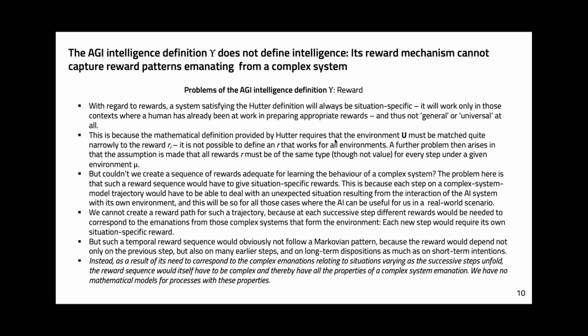Correct. Good. And the second question is related to the reward definition, in the sense that, at least to me, it seems that we define the rewards with something that is given. We define the reward for the robot or for the machine. Yes. But actually, the human sometimes creates some reward or some goal by himself, maybe some subgoal, in order to achieve a bigger goal. Is it possible to model this creation of intermediate goals or final goals in a machine, according to you? Yes, it has already been done.